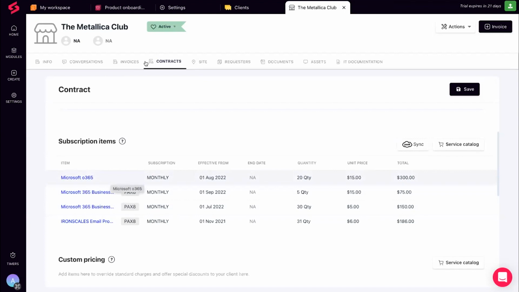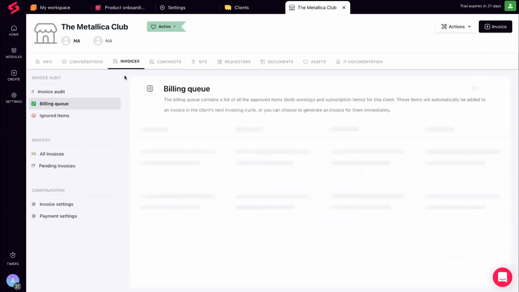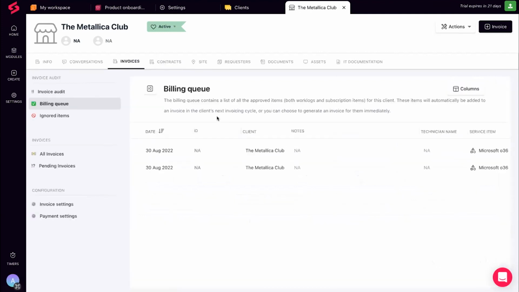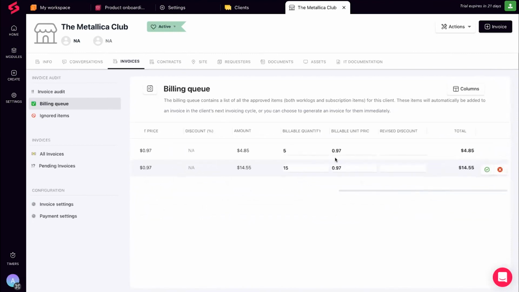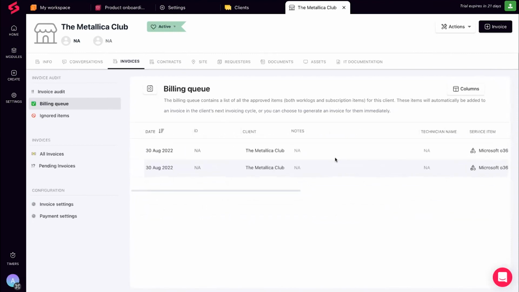Now I'll have other work logs coming in. All of that will be beautifully coming into your billing queue. And of course, we can get into the depth of how everything is working in SuperOps.ai with respect to subscriptions, work logs, etc. But in the interest of time, I'm just going to keep it short, saying that you have one single queue where all the prorates of a particular, let's say, item from Pax8, or all the subscriptions that you are managing in SuperOps aside from things from Pax8, and all your work logs that you have added for a